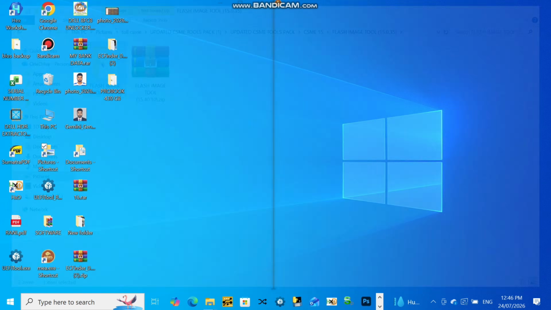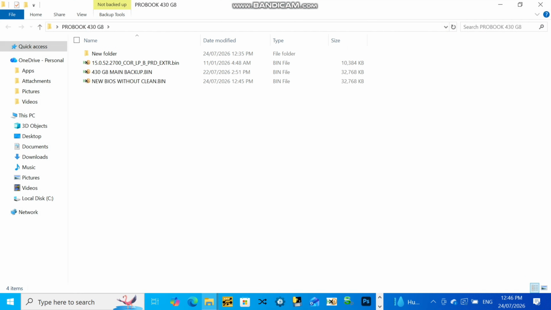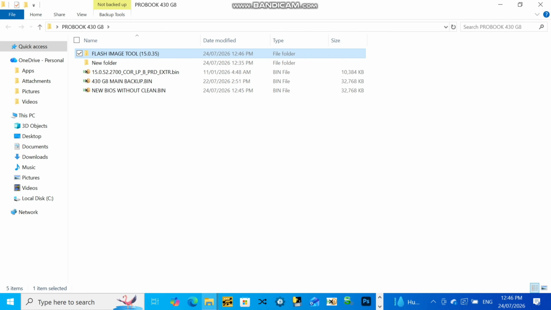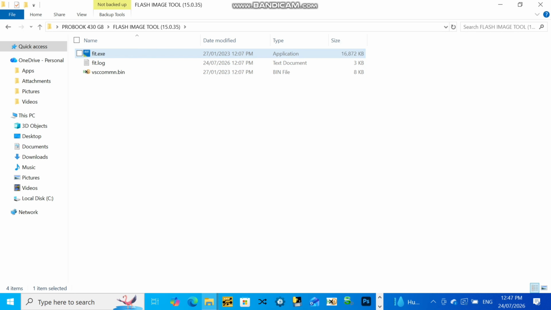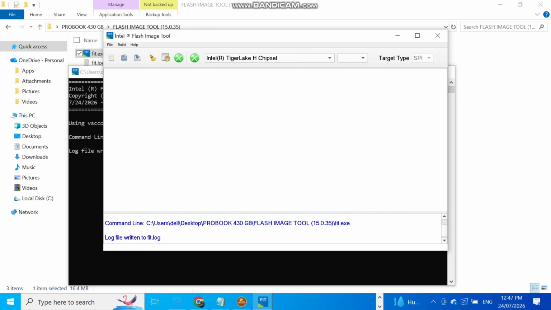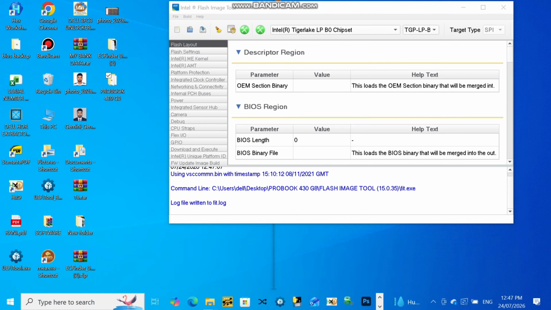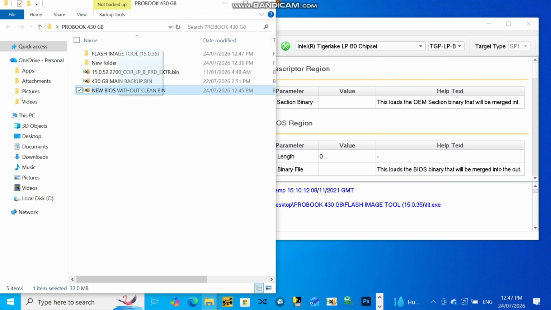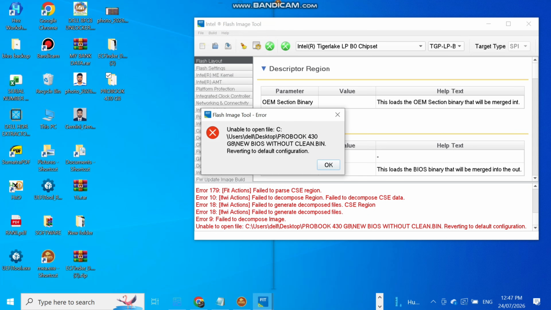I will copy this. So I have got both tools and repository files to clean ME. So first I will open this and run the FIT tool, and I will drag the new BIOS without clean ME, and here you can see that an error has occurred, and what is written here,